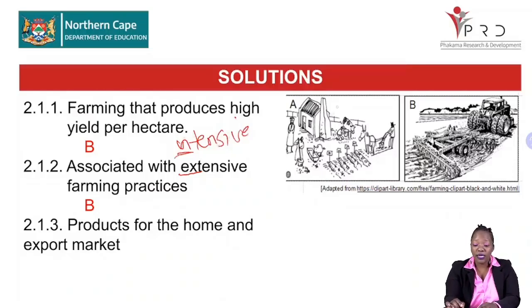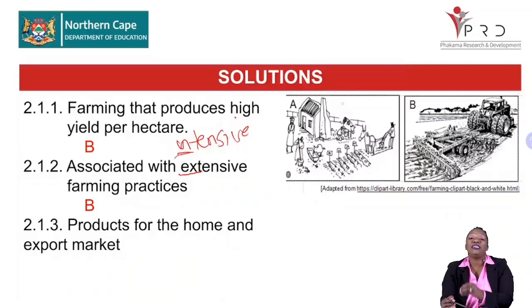As you can see here in diagram A, they are using manual labor, so it's hard labor. There is so much effort, or so much work that they have put in, but the yield will be lower. So we refer to them as the intensive farming because everything is done manually or using their